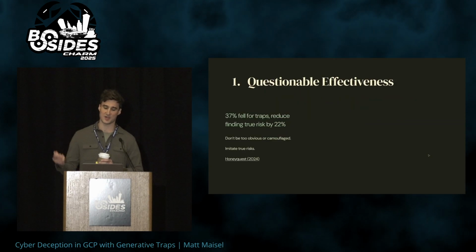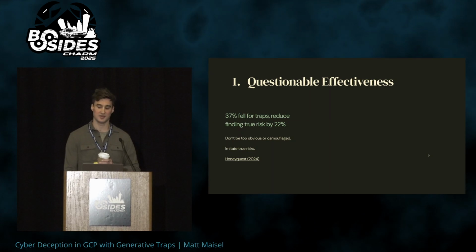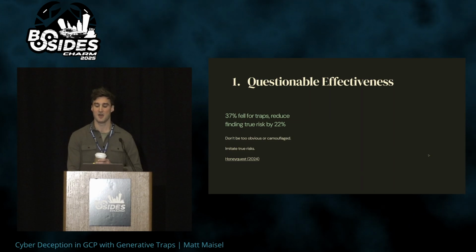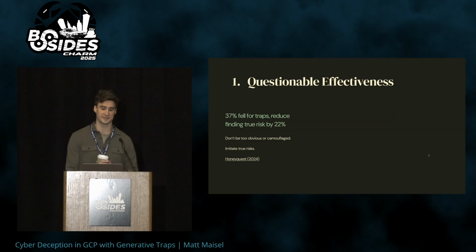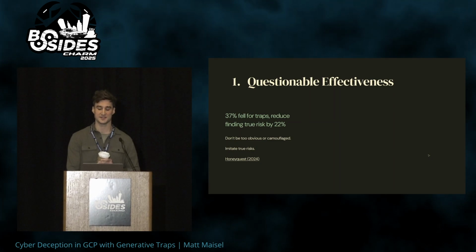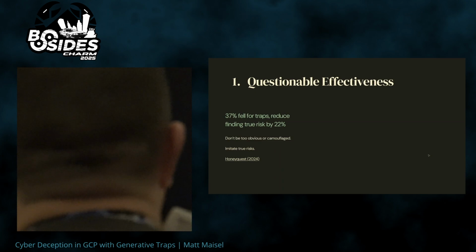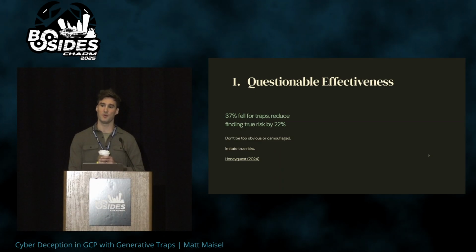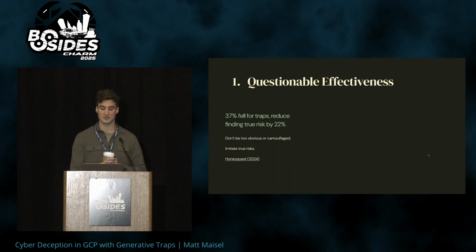Number one, there's the questionable effectiveness. Is cyber deception effective? Does it actually deter attackers? The data on this is sparse. Like I said, there's been limited examples publicly, but there are actually recent empirical studies by academic and other research groups that show promise. The Dynatrace research team released a questionnaire tool called HoneyQuest in 2024, and they had 50 study participants go through an experiment of labeling interesting artifacts as either things they would exploit or things they would avoid. This was meant to determine what types of traps would be interesting to attackers.